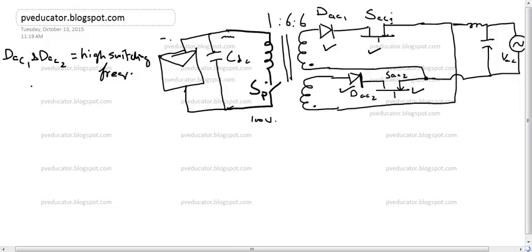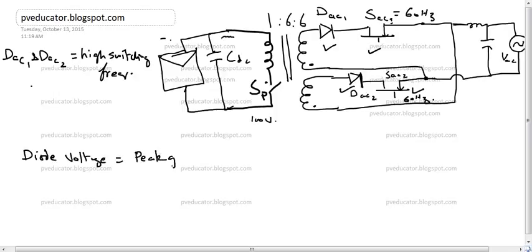this SAC1 will be switched at the line frequency, which is 60 hertz. So this will be at 60 hertz. However, this diode must have high frequency characteristics. Now, how can we find out the diode voltage? The diode voltage is equal to